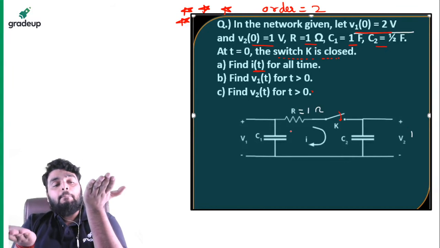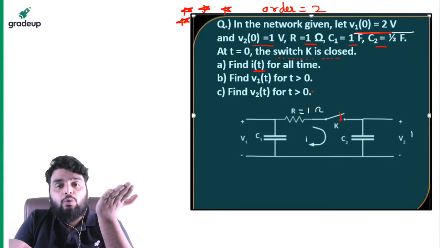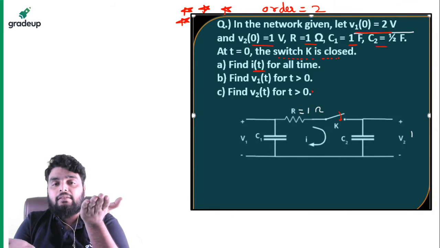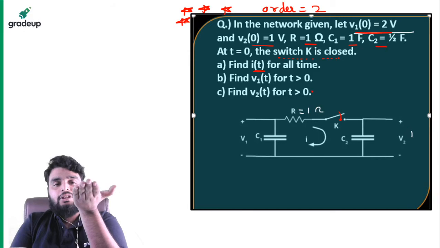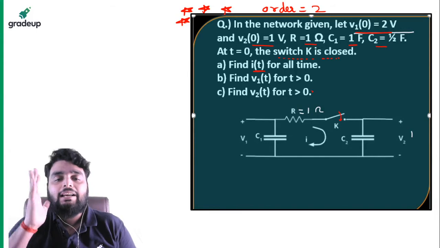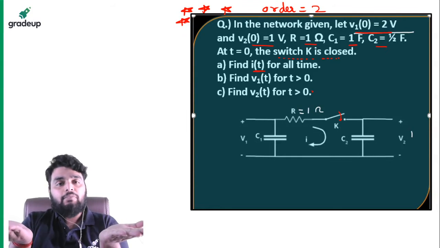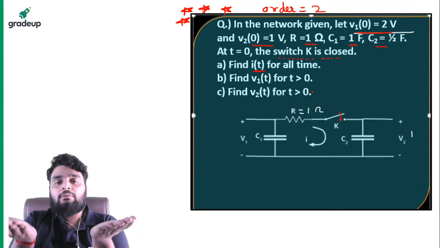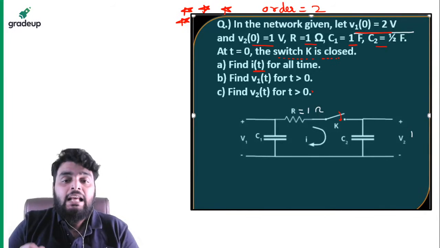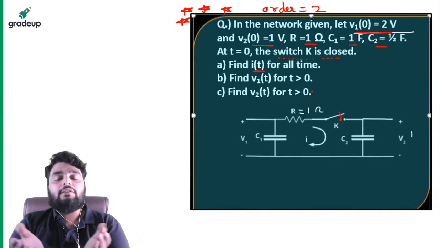what happens? Because of the voltage difference between the two capacitors, C1 will start to discharge and C2 will start to charge. So it is discharging, it is charging. Now when discharging and charging happen, the current will flow. At some point the voltage across them becomes the same, and at that time the voltage across both capacitors becomes equal. Now when the voltage across both capacitors becomes equal, there will be no potential difference and the current